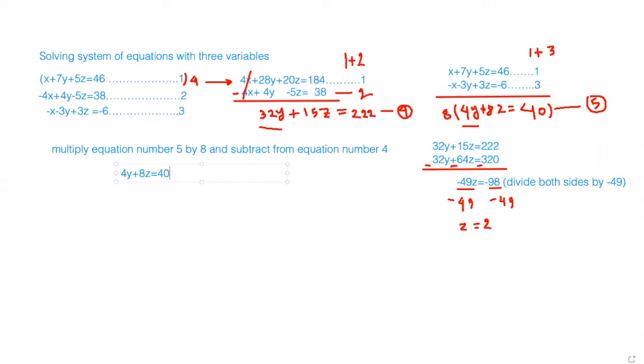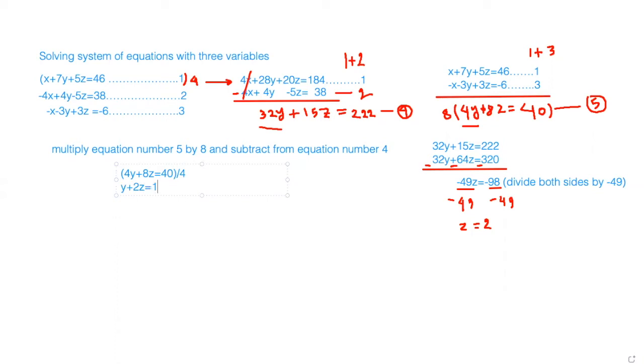If you look at this equation, we can divide each of the terms by 4 to reduce the bulk, because then we have to deal with smaller numbers. Divide by 4. So when we divide by 4, we'll get y plus 2z equal to